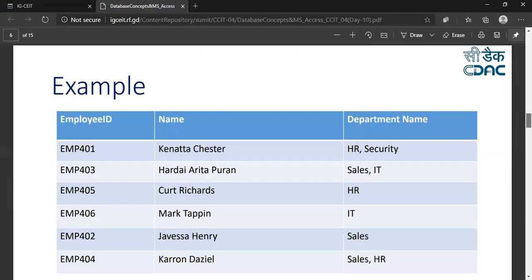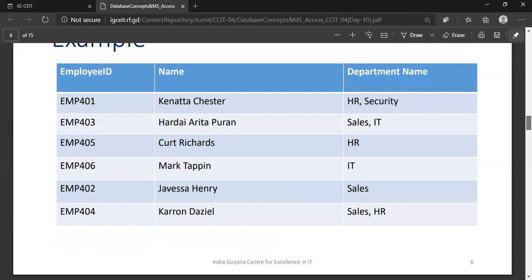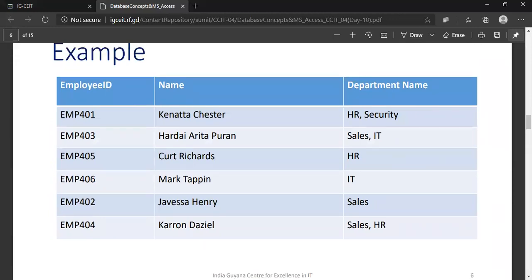Now we'll see some examples here. In this example, we have three columns: employee ID, name, and department name. I have mentioned employee ID 401, name is Kenata Chester. He's working with two departments, security and HR.